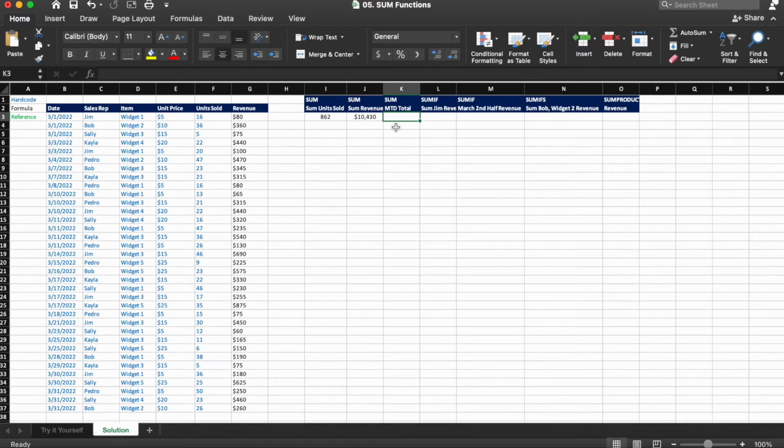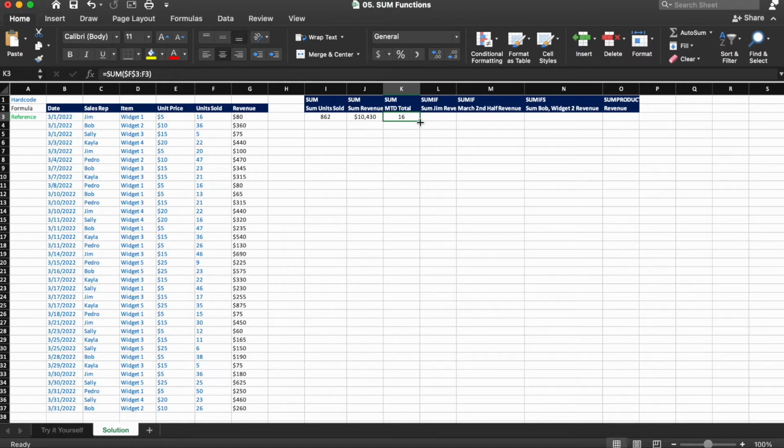Okay, so in cell K3, we're going to do equals, sum, then we're going to select F3 again, and we're going to lock that in. Then we're going to put a colon, and we're going to click F3 again. And you'll see one F3 has the dollar signs, the other F3 does not, and then we close our parentheses off. So now we see that in the first day, first sale, there were 16 widgets sold.